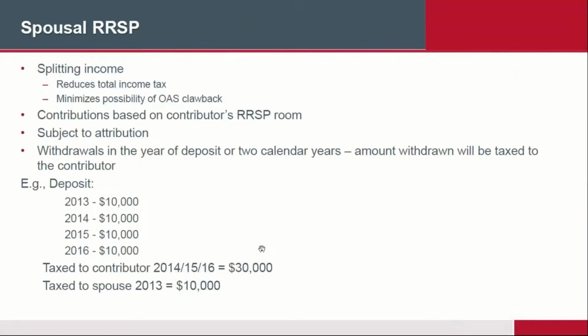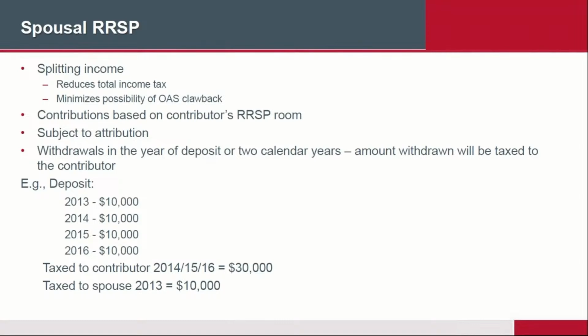So we don't recommend a lump sum obviously, but again, that's up to you what you want to do. Okay, so let's take a look at another very important aspect. Again, you're going to get a question on the exam on this as well. So these things are very, very important. So you want to split income. The reason why we do any kind of splitting of income is to reduce the total tax payable. So if you are in the higher tax bracket and your spouse is in the lower tax bracket, you may want to move some of your money from your high tax bracket to somebody in the lower tax bracket, so that way you minimize your taxes, basically. So the idea of splitting income is to reduce your total income tax.